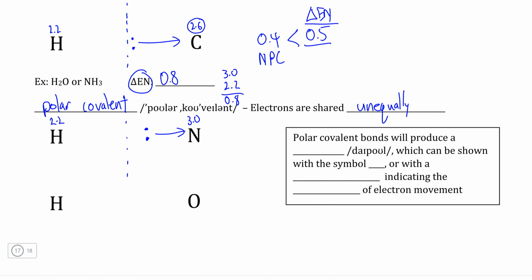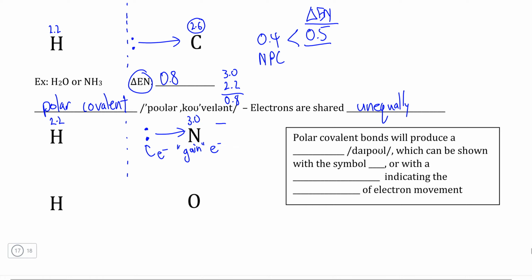Because the electrons are closer to nitrogen and all electrons have negative charge, nitrogen has more negative charge than hydrogen does, even though nitrogen won't have a full negative charge. Because nitrogen is technically gaining electrons, even if it isn't a full transfer, this gives nitrogen at least